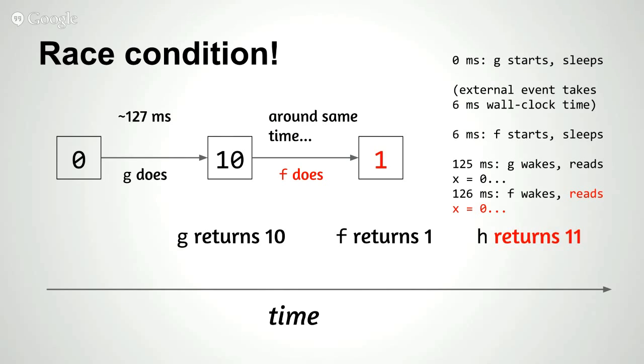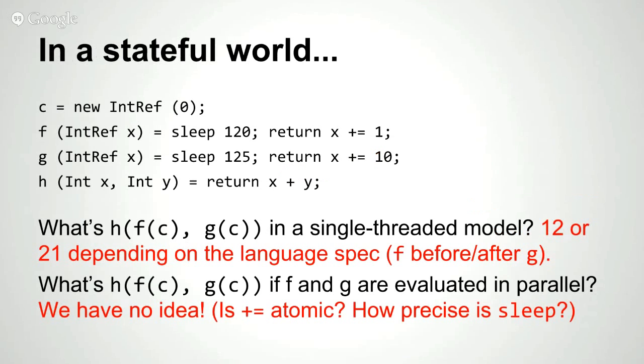If it's not atomic, we could have f and g waking at about the same time, both read 0, and then g writes back a 10, and f writes back a 1, and you get a return of 11, and the state of your cell is something you completely didn't expect. And these things are intermittent. They're called Heisenbugs, and they're really bad. So we have no idea. So it's just not safe to parallelize that unless you're locking the IORef, which has its own set